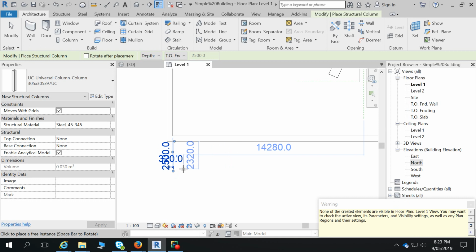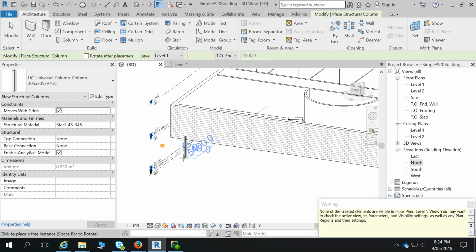Oh, actually, sorry, I use the LT version at work, so I've forgotten a vital step here, and I guarantee you, if you are modeling columns, you'll do exactly what I've done, and go and click and put one in, and it'll come up with this warning: none of the created elements are visible in the floor plan Level 1 view. You may want to check the active view, its parameters and visibility settings, as well as any plan regions and their settings. So, basically what that says is if we go to a 3D, a column is in the project, except the